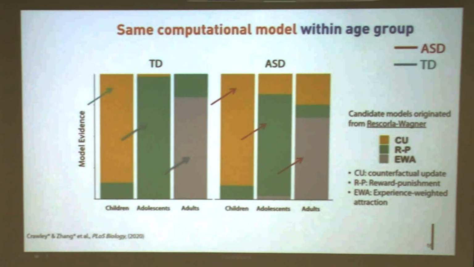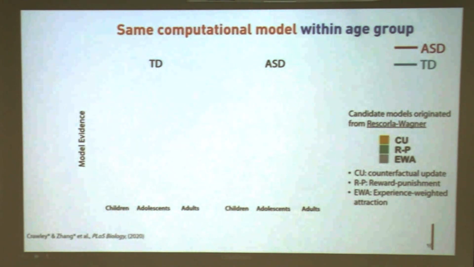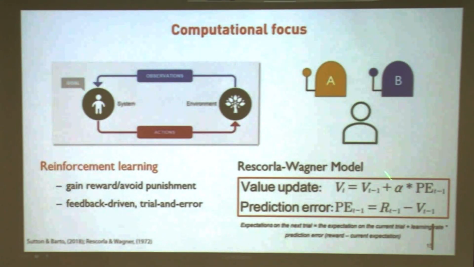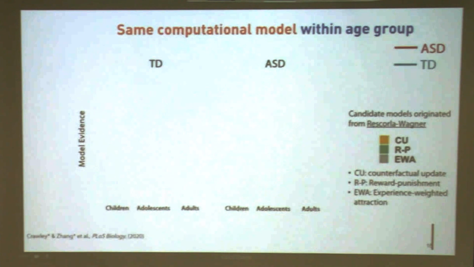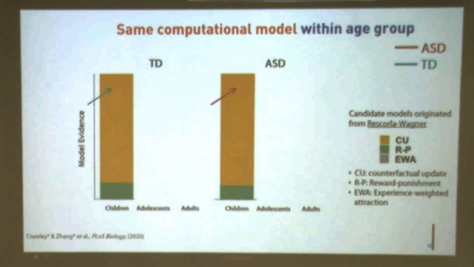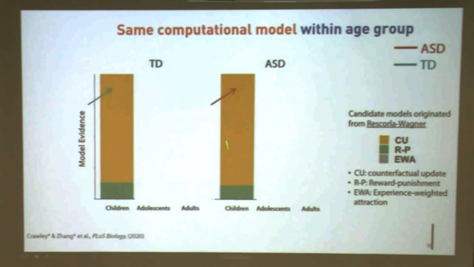And we wanted to know, in this model, there is a free parameter called the learning rate. I told you that if the outcome is better than your expectation, you increase your expectation. And the increase of the expectation can be faster and can also be slower. This is governed by a parameter called the learning rate, essentially the speed of updating your belief or the value. So the learning rate parameter is quite interesting in the sense that if the winning model is the same, in ASD children, this model is the best.